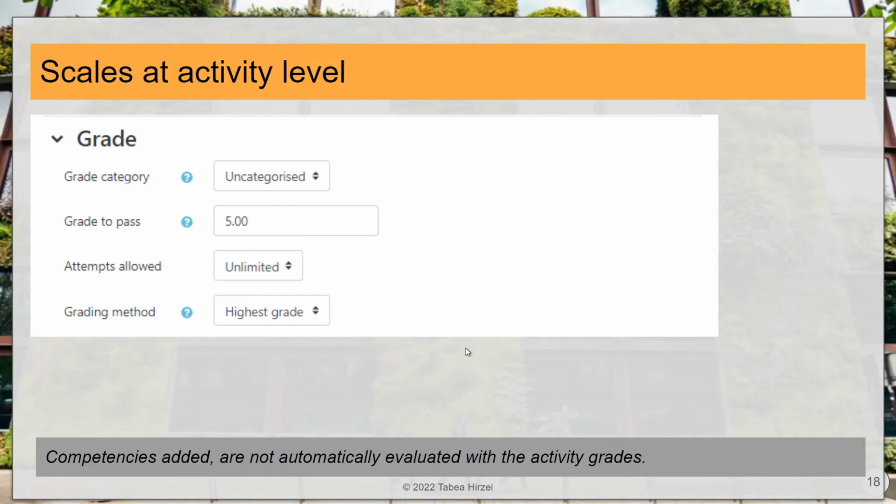Personally, I have an issue because I'm running Moodle 4, and since the upgrade from 3.8, I think, I was not able to see the learning plans anymore, and somehow this messed with the grade competency connection. I have no direct way to see that for the moment, and I didn't have the time to fix it. I also haven't found anybody really proficient in doing that. So if you have found the same problem and know how to solve it, I would be very glad if you dropped me an email.